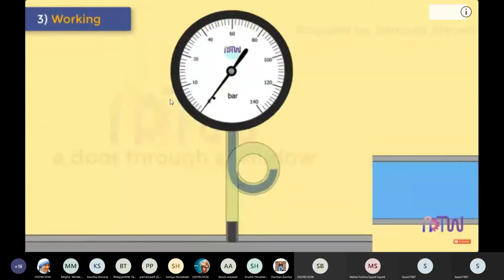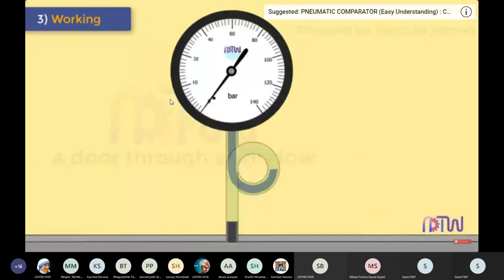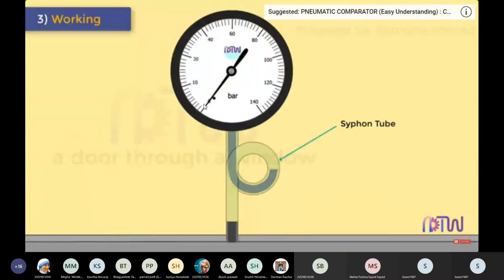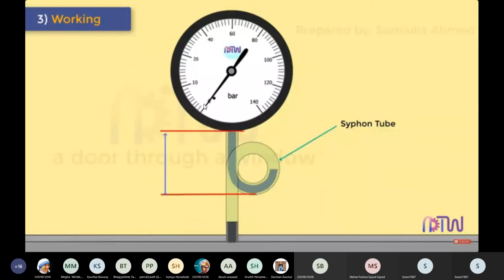In real-life applications, the pressure gauges are mounted with a siphon tube. A siphon tube is a simple device used to protect a pressure sensor from high-temperature media, such as steam. It can also be used to reduce potentially damaging effects of rapid pressure changes. When first installed, the siphon should be filled with water or some other suitable separating medium. This medium continuously remains in contact with the Bourdon tube.